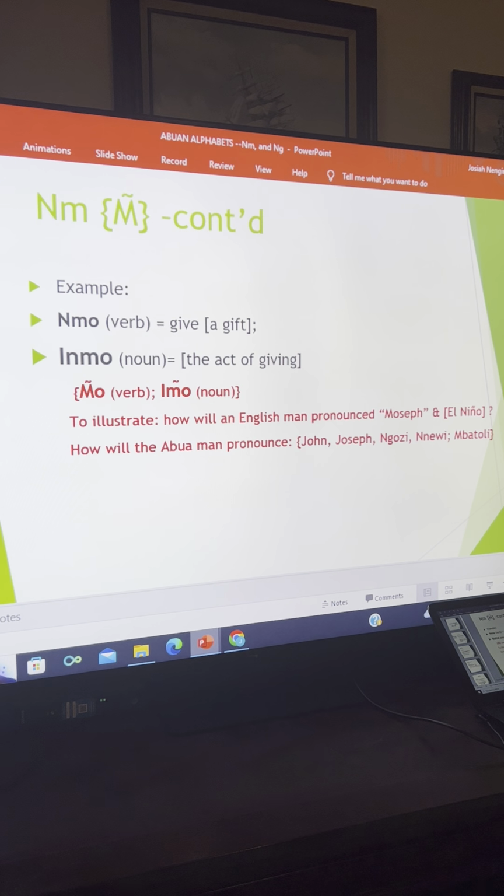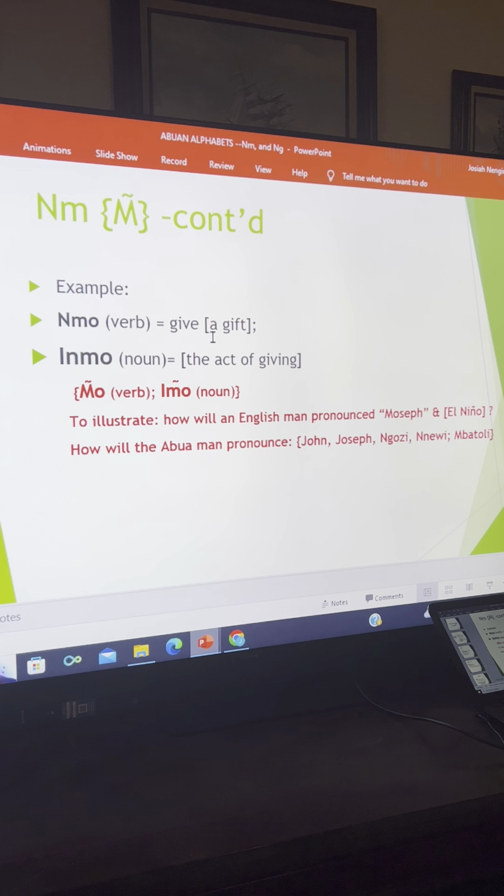Here's the other example there. So here's one. All right? So if you look at it, this is me, o, mo. But if you look at it here, the Abuan man does not recognize N at the beginning of a letter, unless it is followed by a vowel. So this cannot be mo. See, this cannot be mo. All right? But anyway, that's what they are spelling as mo, which is a verb